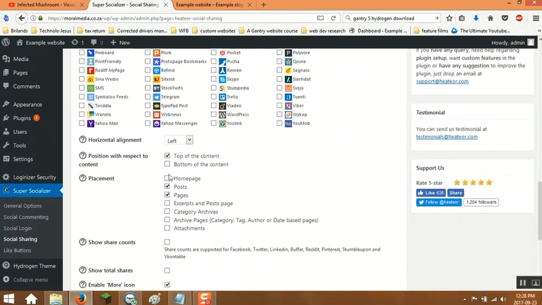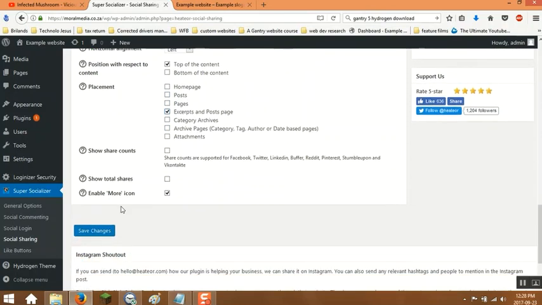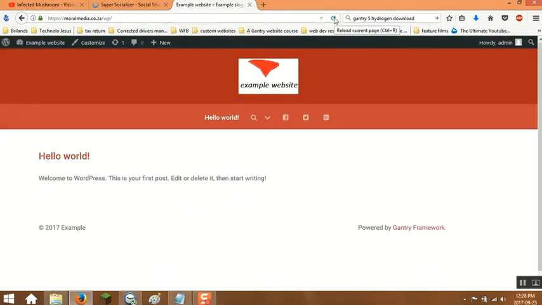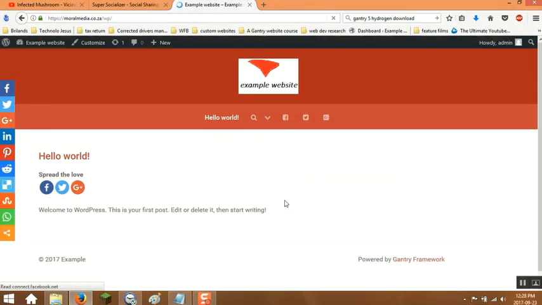Then scroll down and uncheck Posts and Pages, and check Excerpts and Posts Page. Uncheck Enable More icon and click Save Changes. Now go to your front end and refresh, and you'll see not only have we got the sharing links on our content list item, but we have this